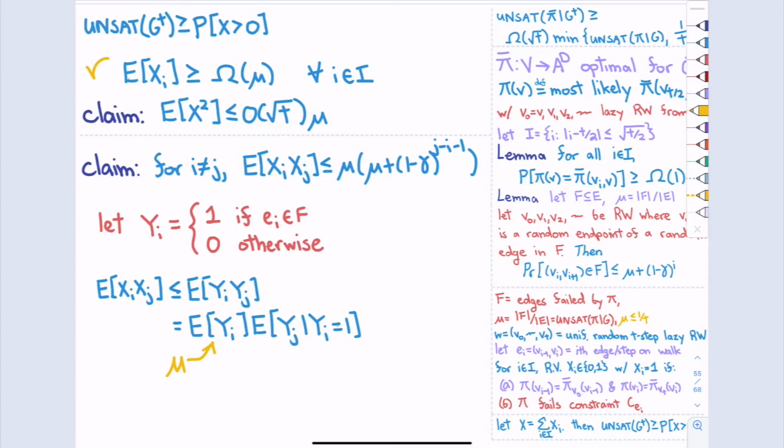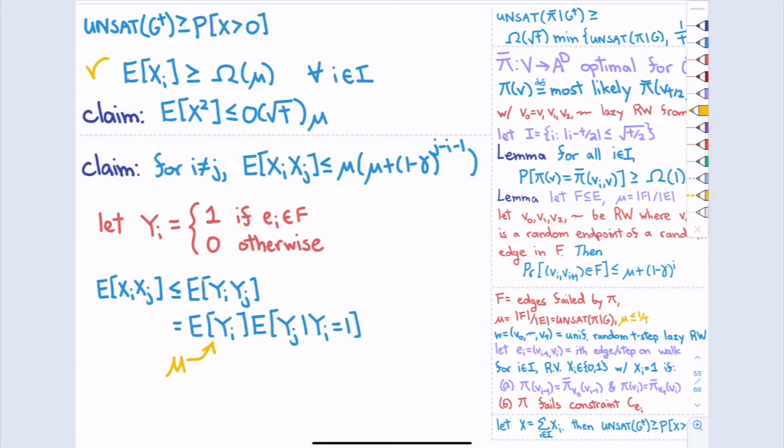Yeah, okay, so why can I use that lemma? So if we think of the generated random sample by starting with the ith edge, so I choose a random ith edge and then a random orientation, then I'm really choosing a random endpoint of a random edge in F. I mean, if I'm conditional on yi equal to 1.